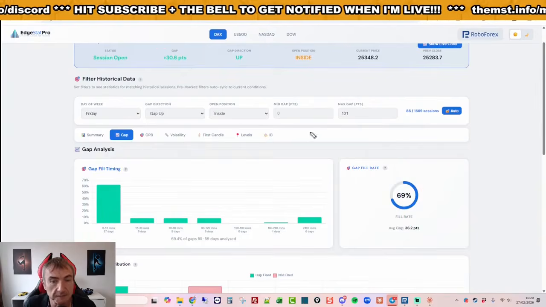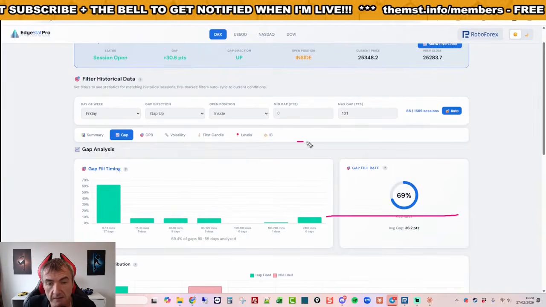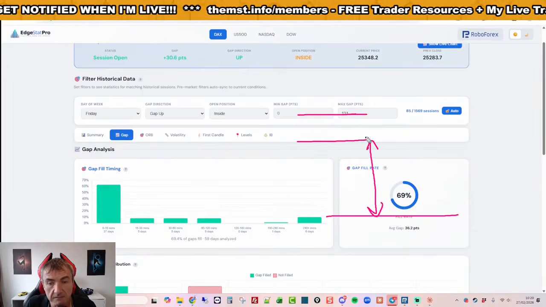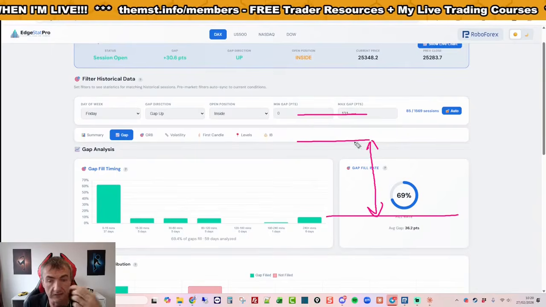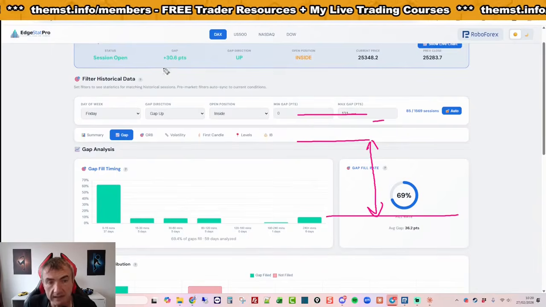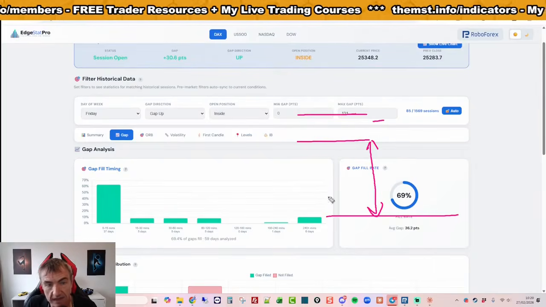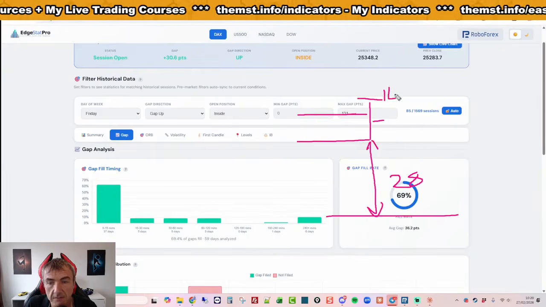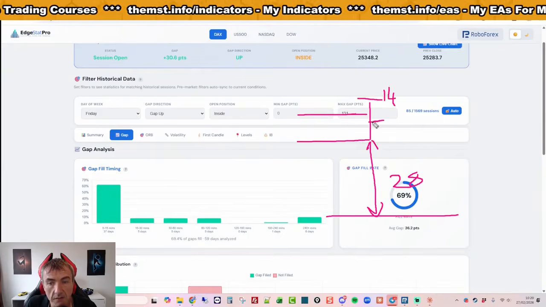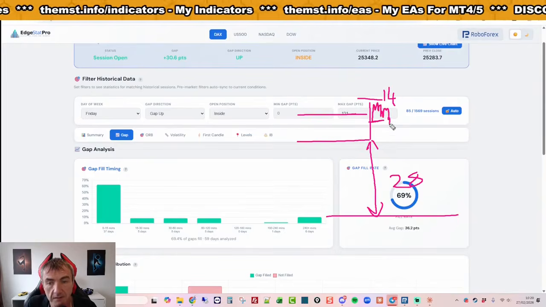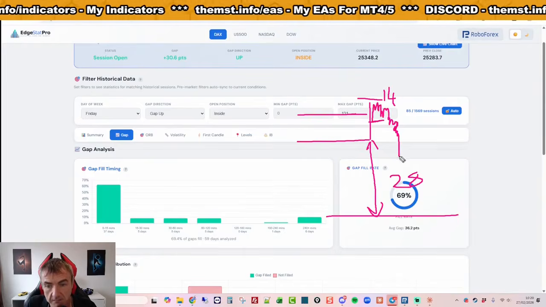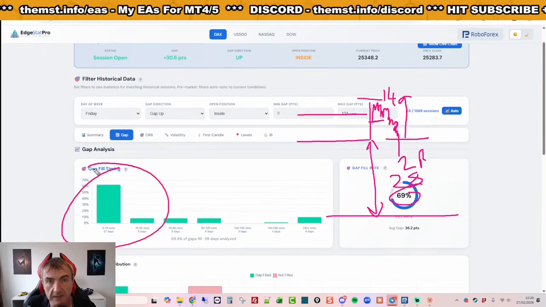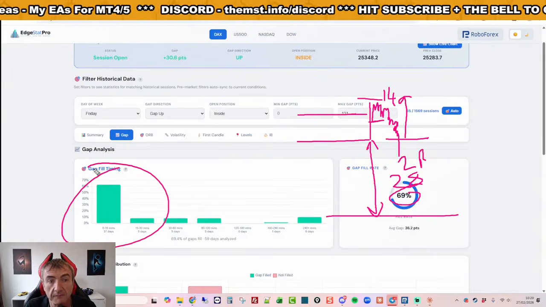So what do you need to do? There is your gap. There is the range you've decided on. You measure the gap, which is, let's say it's 30, let's say we're opening here, for example. Let's say that distance from there to there is 28 pips. So all you do is you put a 14 pip stop on it. So when the market opens, if it does this, fine. If it does that, you have a built-in 2R short with a 69% probability of it hitting in 15 minutes. That's the trade idea.